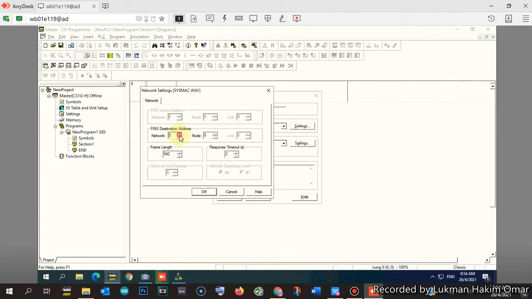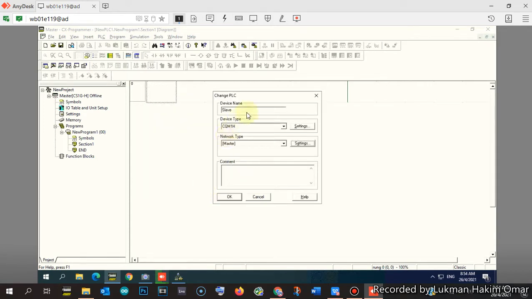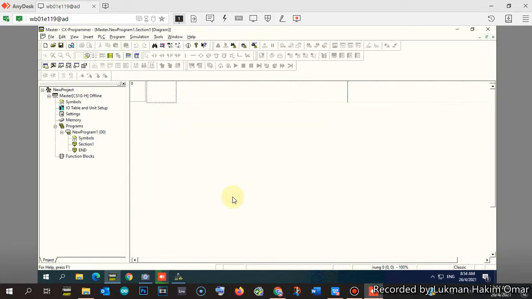So you have to select number 3, because our local network for controlling is number 3, and for the nodes it is the relay node. Our slave node is node number 4. So we click OK, and then OK.